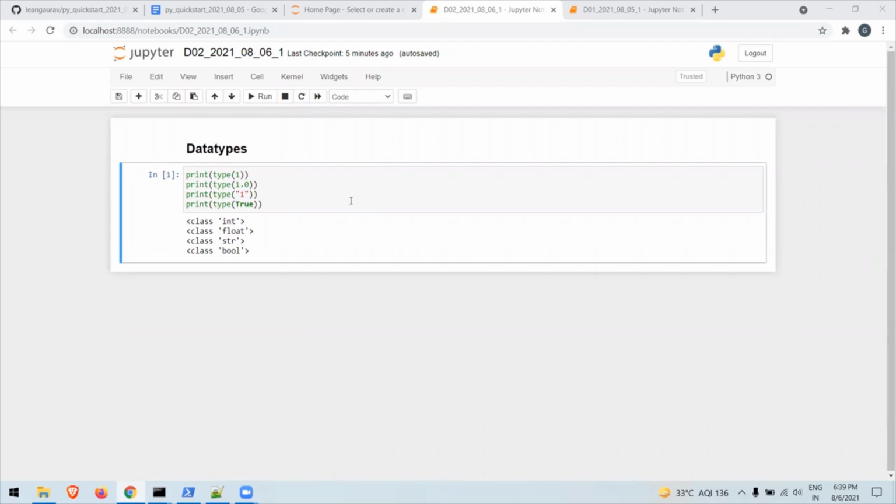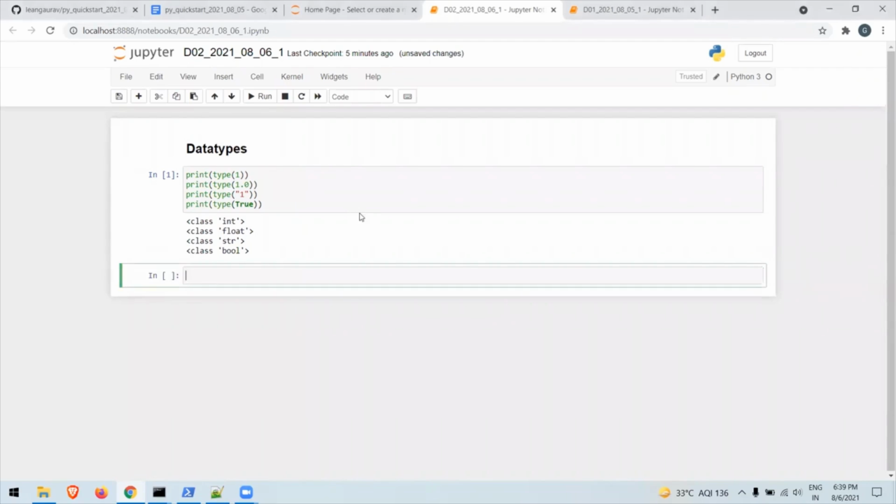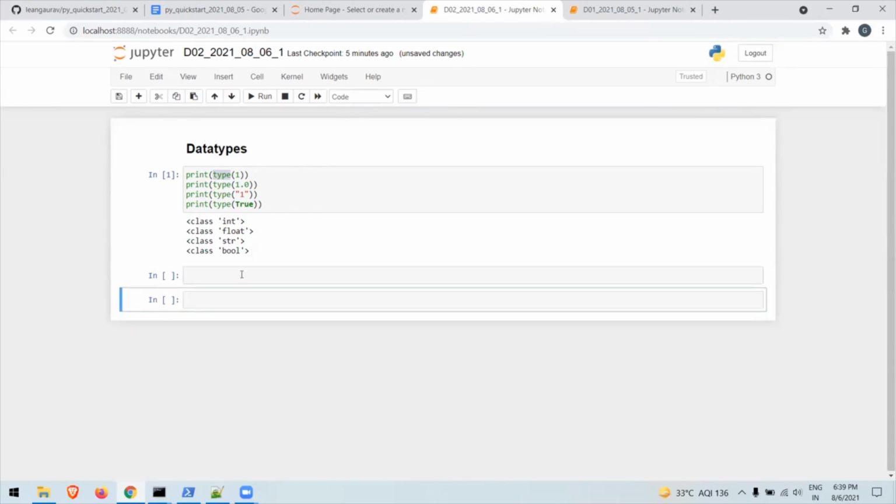All right, so let's come back. These are the basic or fundamental data types, but as I said, everything in Python is either a class or an object. The same thing we are seeing over here right now. It doesn't say just int, it says class int. And type is the function to check the type of something. These things, print and type, are all functions, cool? Now coming down,